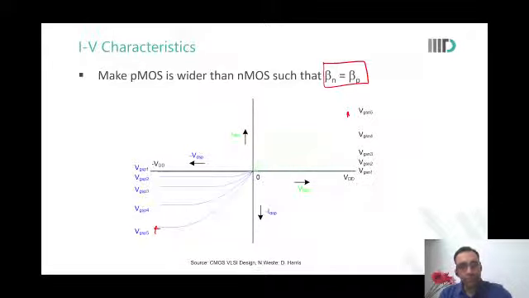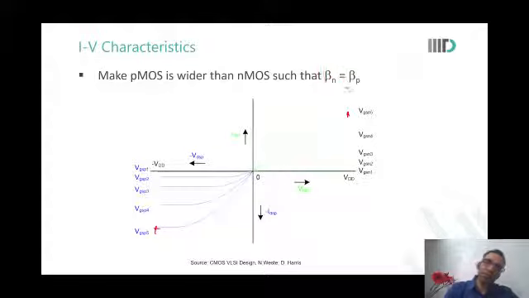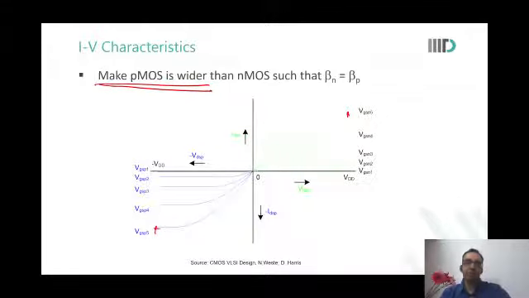Is this okay? So the beta factor is that over here we are saying that the current at a particular VDS has been equalized by changing the width, by making the PMOS wider. There is a ratio of mobility. The PMOS has lower mobility. The holes in the PMOS, the carriers in the PMOS, have lower mobility than the carriers in the NMOS, so you compensate by making the PMOS wider, so that overall the beta that comes in the current equation is equal.